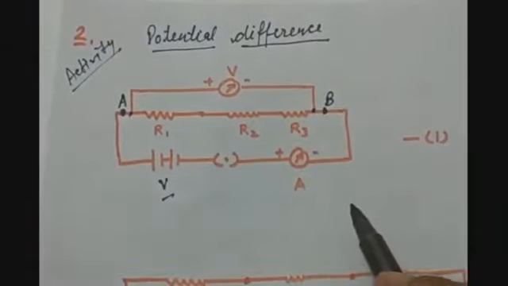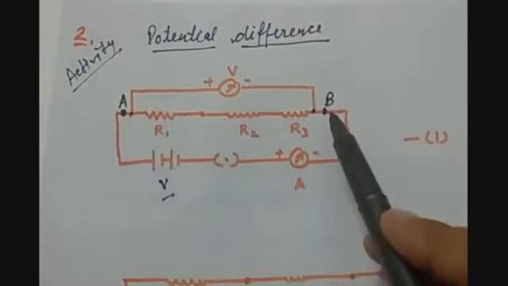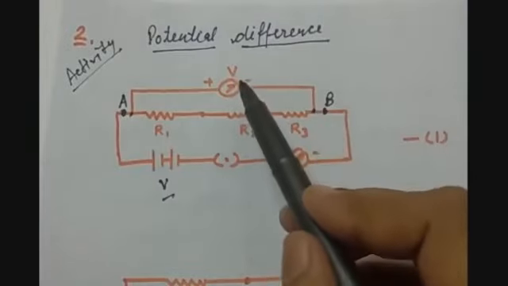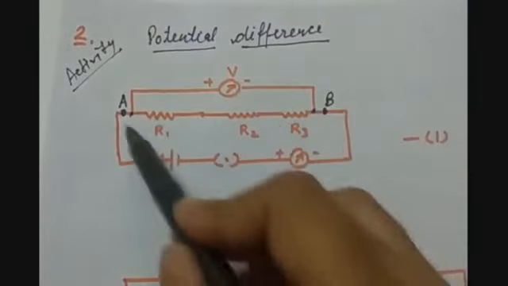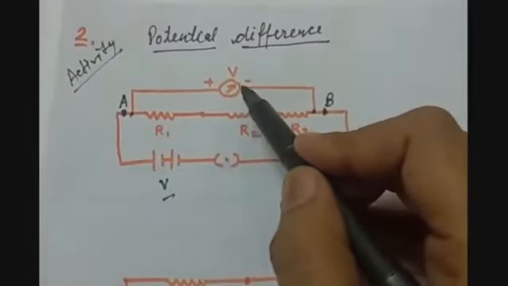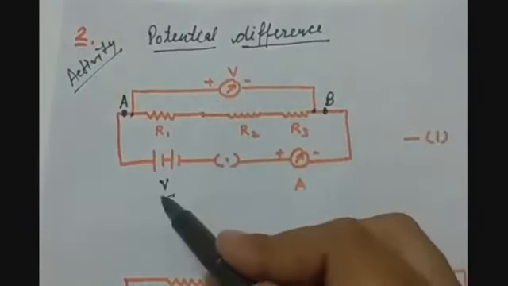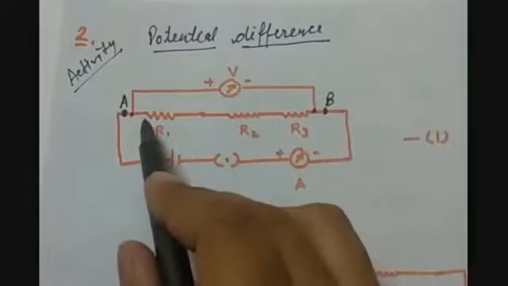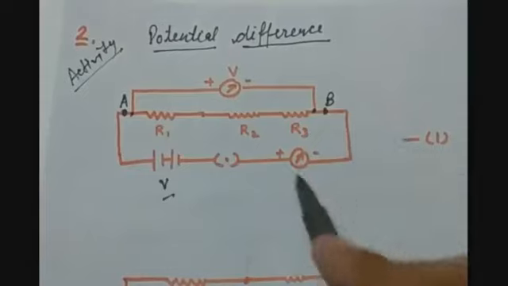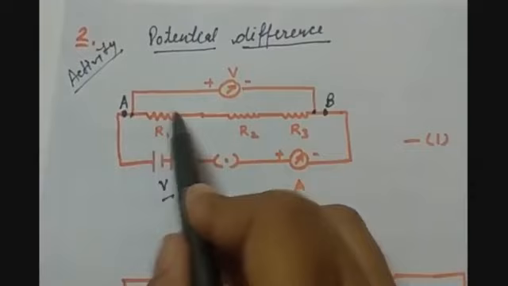So the first case is that we have to measure the potential difference across points A and B. So what we will do, we will connect a voltmeter parallel to the system of resistors. So this voltmeter is giving a reading V. That shows the total potential difference which we are applying is the same as the potential difference across the ends A and B. Now we have to measure the potential difference across the ends of each resistance.